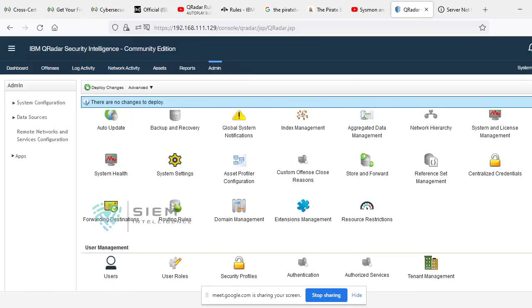See, we need to set up our user roles and security profiles and all. So how can you set up all these things so that it will be very helpful for you if you are a SOC provider, or even how to set up your user roles, and how to set up dashboards with respect to all other users.